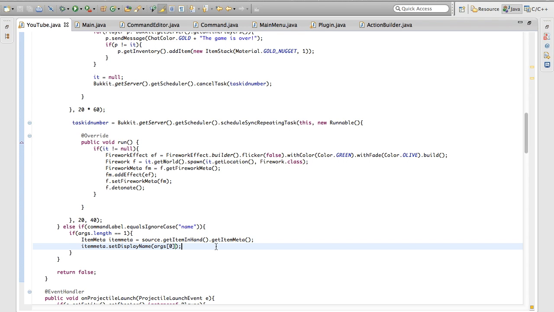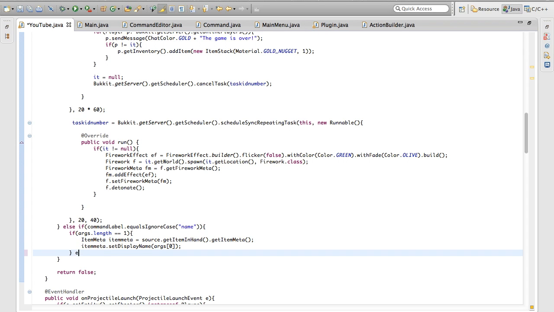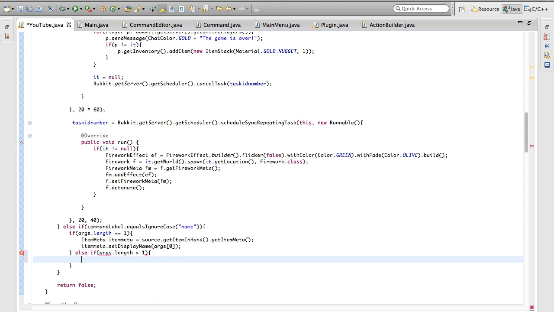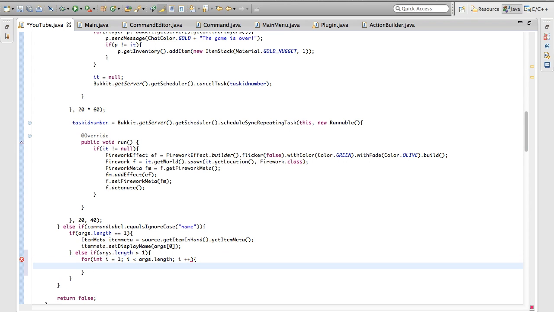Now, else if args.length is bigger than 1, so if there's more than one argument, here's what's going to happen. For integer i equals 1, i smaller than args.length, and i plus plus. This is a for loop, and for every extra argument,